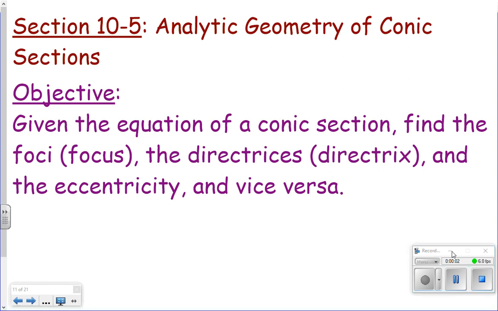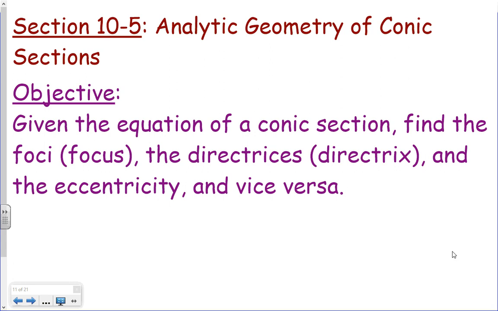All right, open up your book to section 10-5. We're on page 522 in your book. Title of this section is Analytic Geometry of Conic Sections. Our objective is, given the equation of a conic section, find the foci or focus, depending on how many there